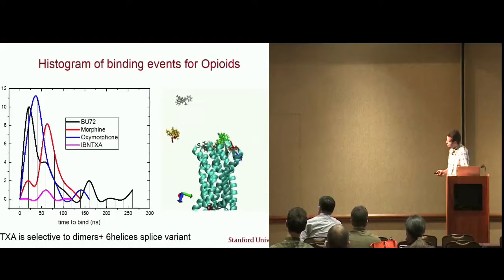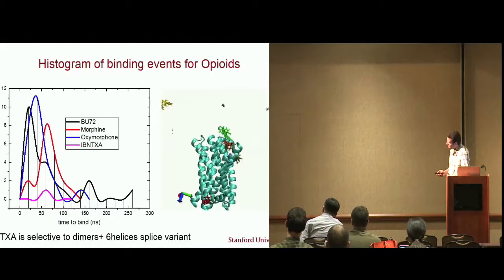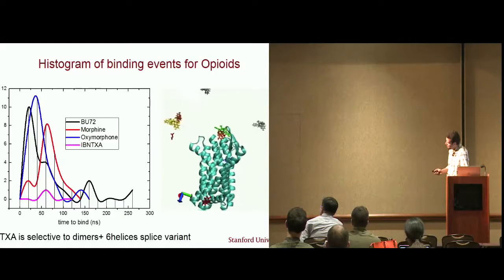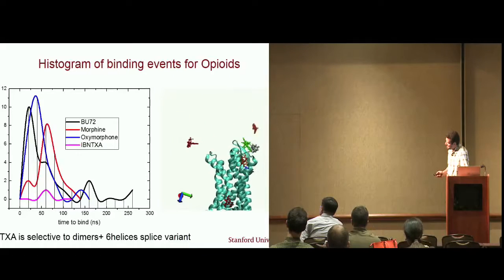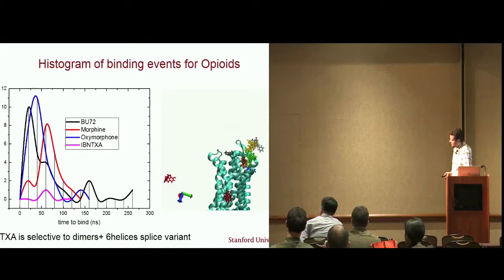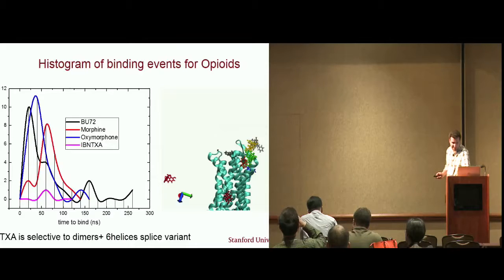Also to say that this is a selective filter here, we did a kind of competitive binding analysis between all different types of drugs. And you can see that IBNtxA, which is the drug for the 6th helix splice variant of this receptor discovered at Memorial Sloan Kettering, is not binding to this receptor with the 7th transmembrane helix, which is pretty interesting. And we found that the time to bind, which is the time from the solvent that this ligand comes and selectively attaches to the allosteric site, is around 25 to 30 nanoseconds,